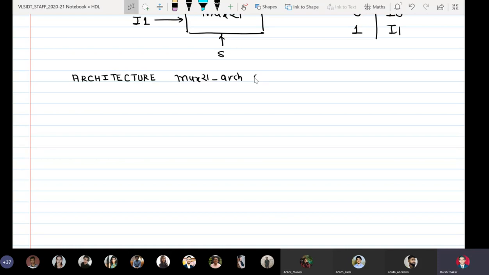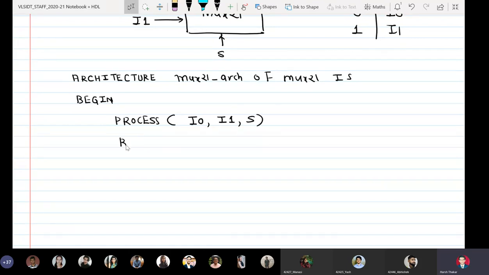Architecture name of entity name is, blank declaration part, begin process, the inputs: first input, second input, select line.